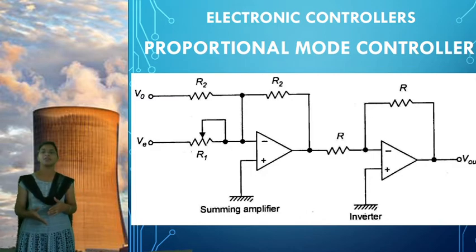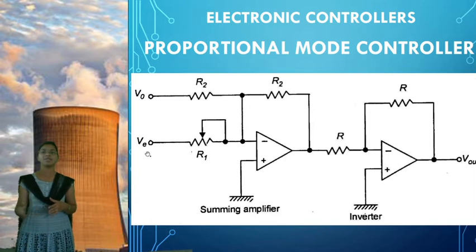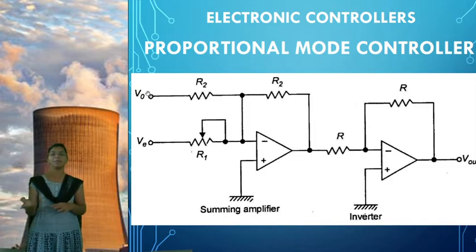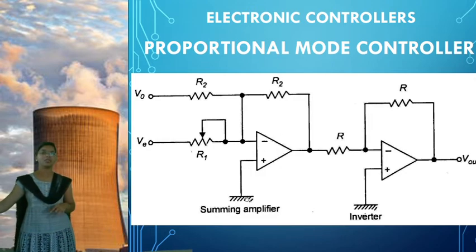So here the error we are going to take as VE, the error voltage. What about P naught? P naught is an offset error, so here we are going to apply V naught, the offset voltage. What we are performing in Kp Ep plus P naught is adding our error voltage and the offset voltage, so we give them to the summing amplifier. Here the non-inverting terminal is connected to 0.